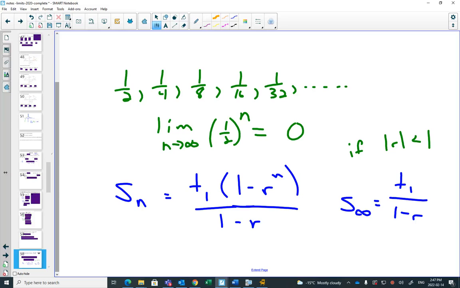Because what happened is if n goes to infinity, here this 1 minus r to the n just became 0 in that formula. And so your teacher would have said, we're kind of doing a limit here without using the word limit or any notation that showed it. But once this becomes 0, then the formula simplifies really nicely to the infinite formula.